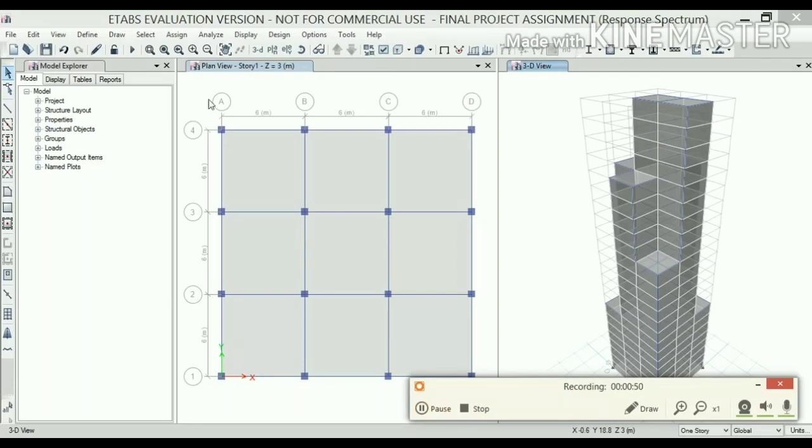So right now we will be carrying out the analysis of the seismic resistant structure using the response spectrum method. Here you can see I am running the analysis for the G plus 23 story structure after defining all of the properties of material as well as the section and using the auto select option. Here you can see the analysis model is being created and the analysis process is going on. The status of the analysis can be viewed at the right hand side bottom of the second window. The analysis of the structure may require some time as it is a G plus 23 story structure.